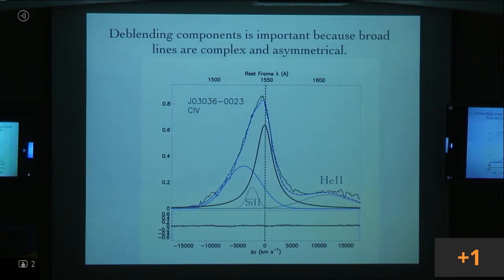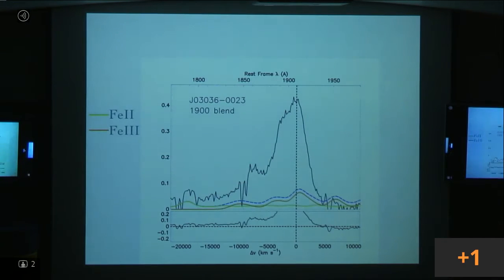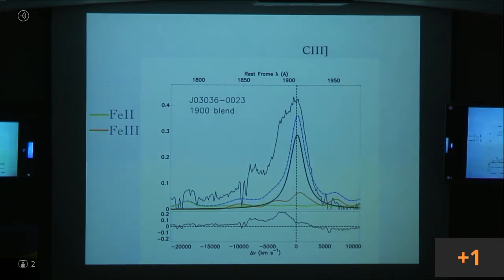And for the 1900 blend, if you see, there is a very blended profile. We first fit the iron-2, which is not very strong in the UV, but we fit here iron-3, which is very strong, especially in the carbon-3 area. Then we fit carbon-3 in its rest frame. This is the rest frame of carbon-3. Then silicon-3,